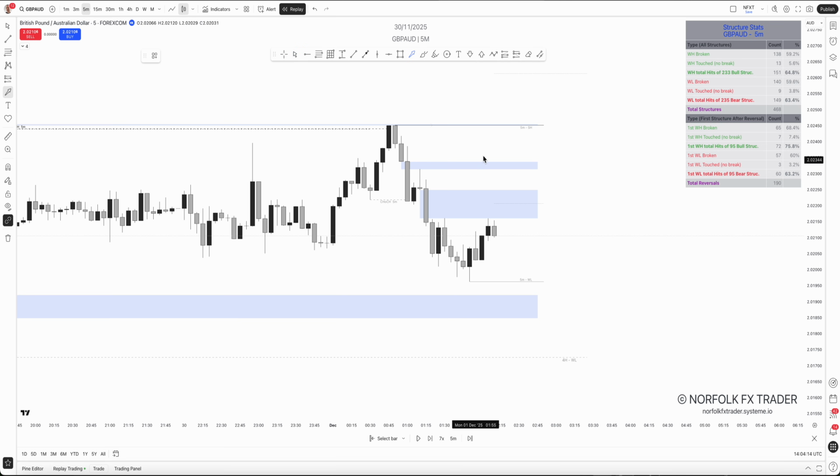So let me just mark this out. I look for the full fill of this imbalance. The why there? Because it's above around that 50% area. So I can mark this off. Anything below here, I'm not going to look to sell. I want to see